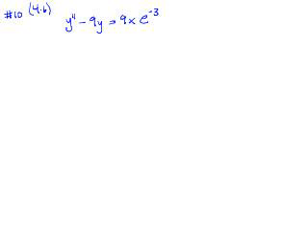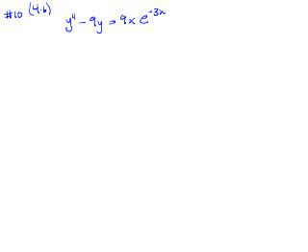Okay, this is number 10 in section 4.6, and we're to use the variation of parameters method to solve the differential equation y double prime minus 9y equals 9x e to the minus 3x. And so